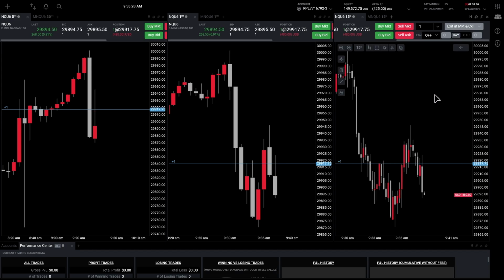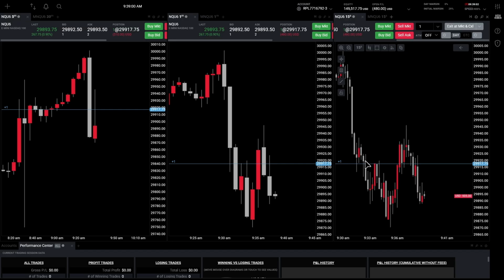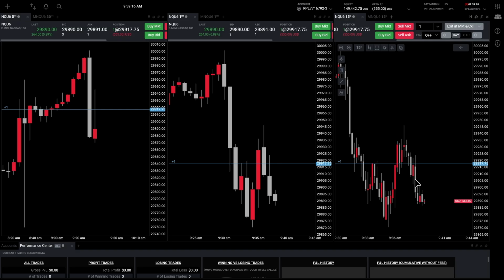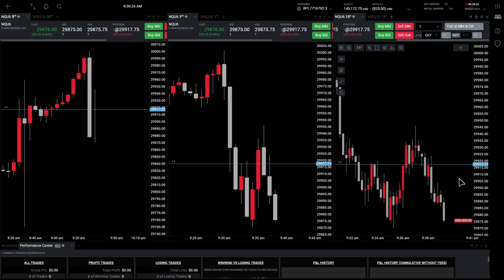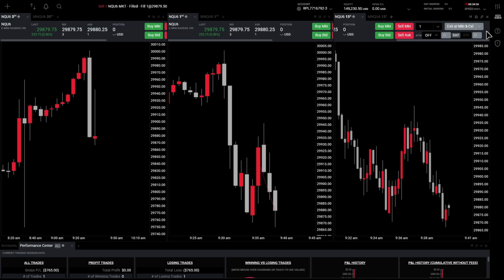I entered off of the displacement of an immediate rebalance, so obviously I should see more displacement. Are we getting that? No, we're getting some choppy, not really displacey price action. It's really not going anywhere. You see that? And then it completely just destroys me. Okay, so this is what I mean by high resistance conditions.